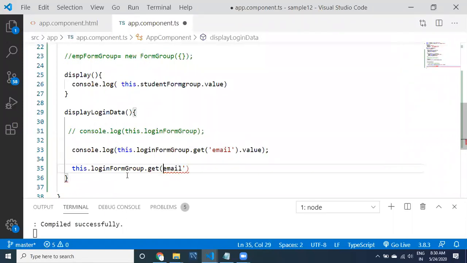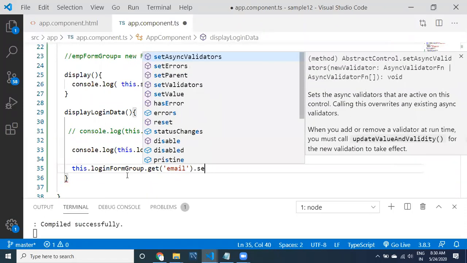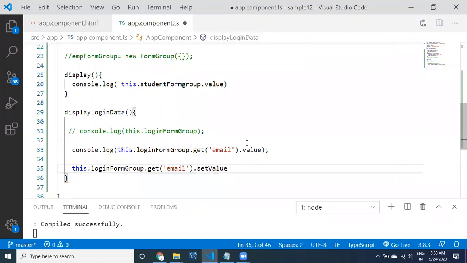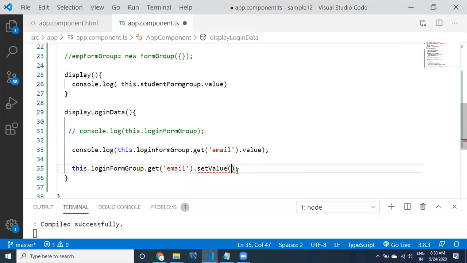Of course I need to provide the key, which is going to be a string, so that it gives you the form control object. Once we get the form control object, there is a method called setValue. For reading you can take it directly like this, but for setting the value there is a method. You can provide some text data, email, or any data.